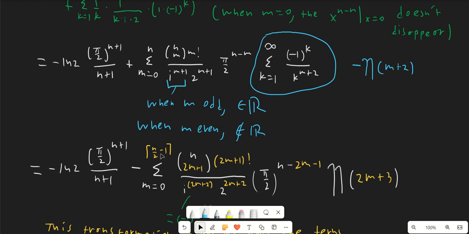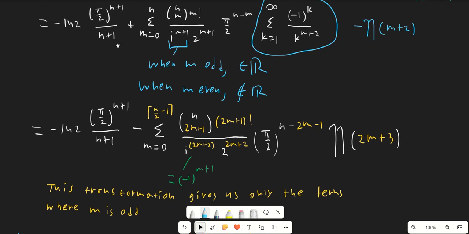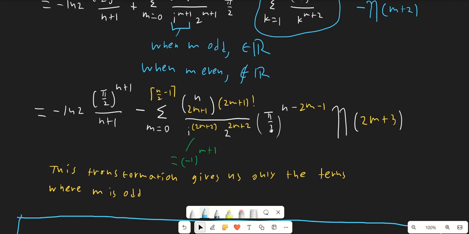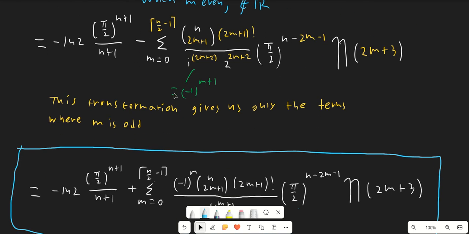So notice I changed the bound right here, and you can plug in any value of m, and you'll find that when you plug in m equals this upper bound, it's going to be the largest odd number less than or equal to n. So that's going to give us all the odds, and then I just went ahead and plugged in 2m plus 1 everywhere. This term right here becomes negative 1 to the m plus 1, and so finally, once we reorganize everything,